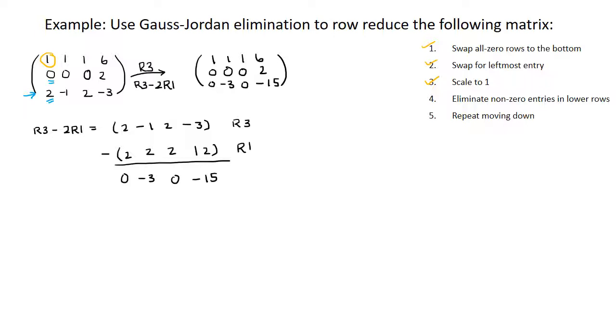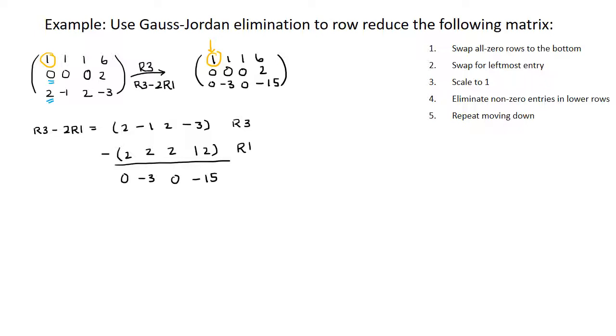Okay. And now when we look at this first column, we can see we have this leading entry in the first row, and everything below it is equal to 0. So step 4 is done. And now we're going to start this process over again. Instead of looking at row 1, we're going to be looking at row 2. Okay, so moving on to row 2,